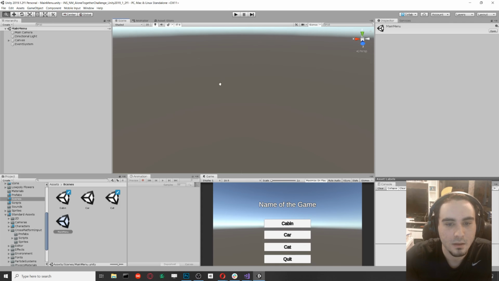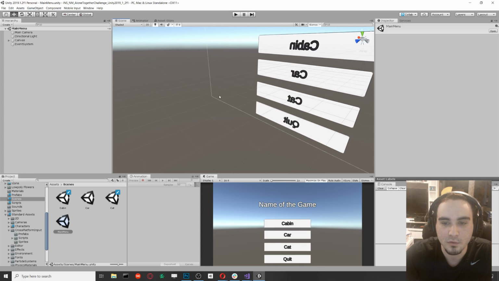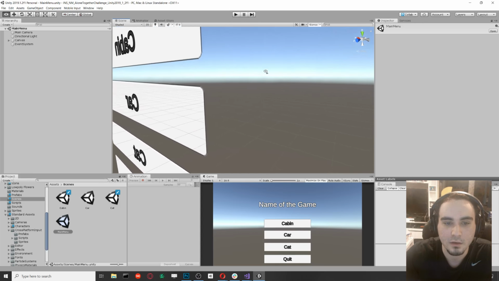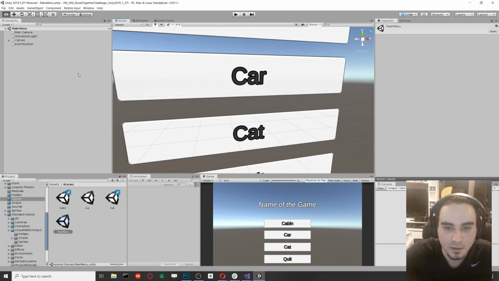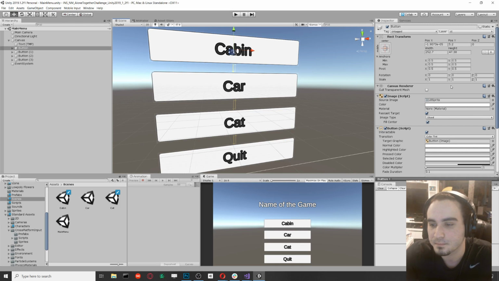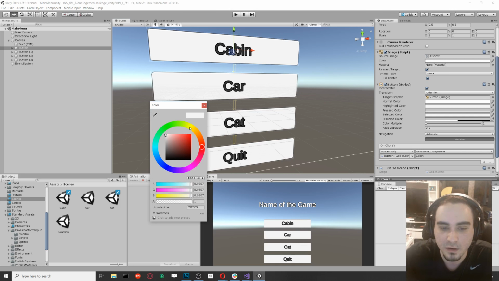So the first thing I'm going to talk about, I'm almost certain you already know about this, but I'll just say it again just in case you don't. Let's go back to the front. Okay. So if we click on the button, you'll see there's different things here. There's the highlight color, select a color, disable color, whatever. So if we go to highlighted color and we change it to yellow,